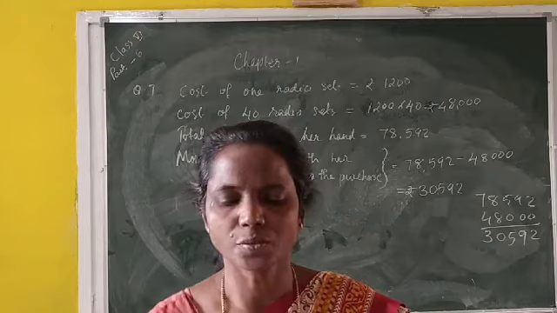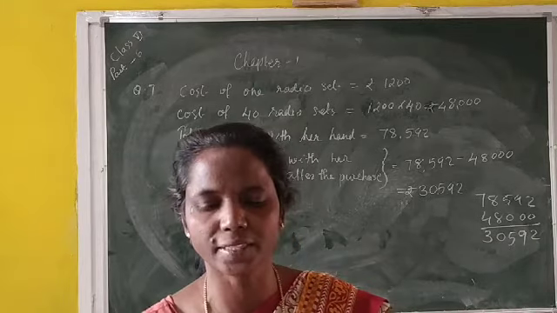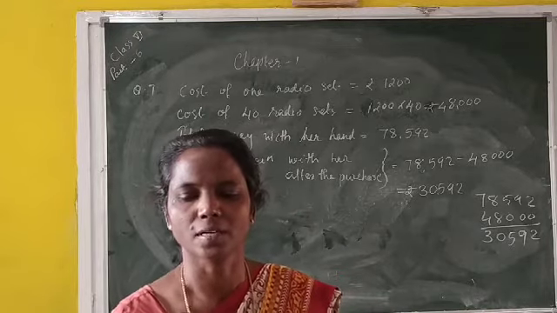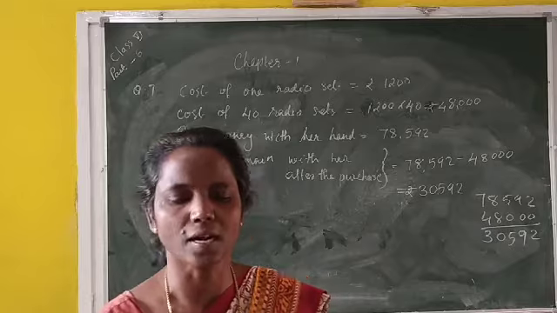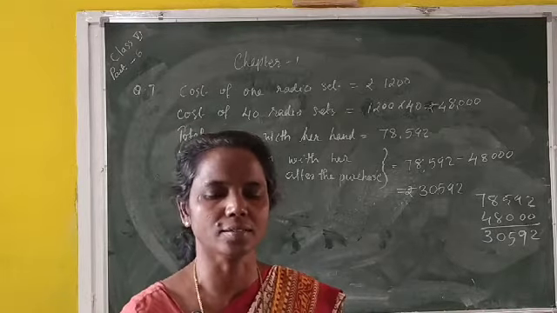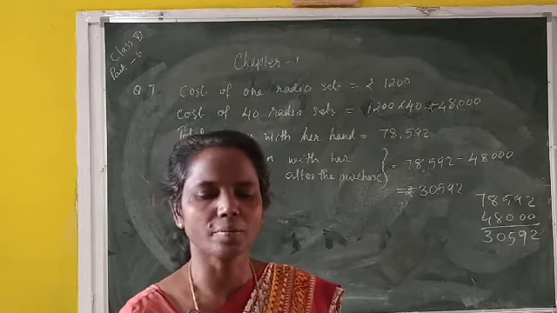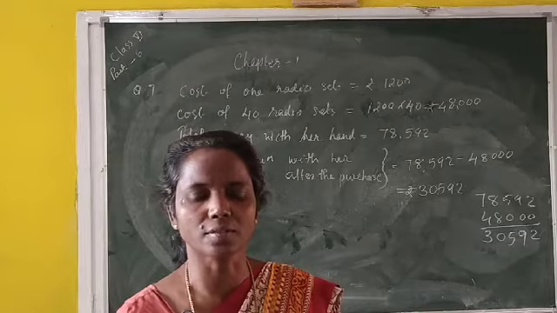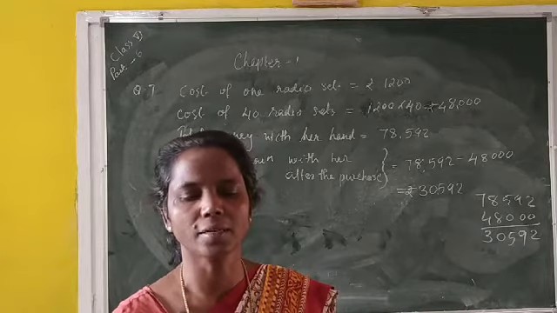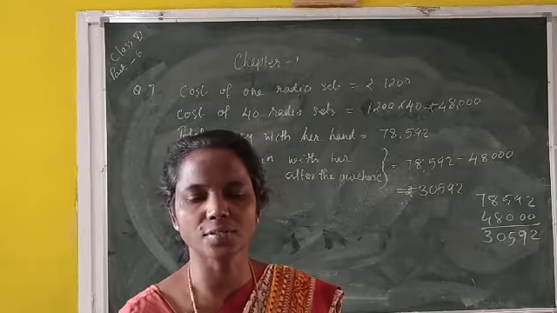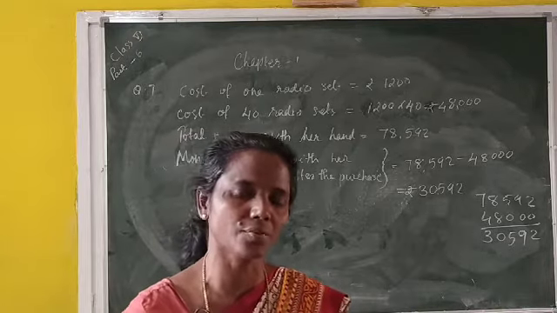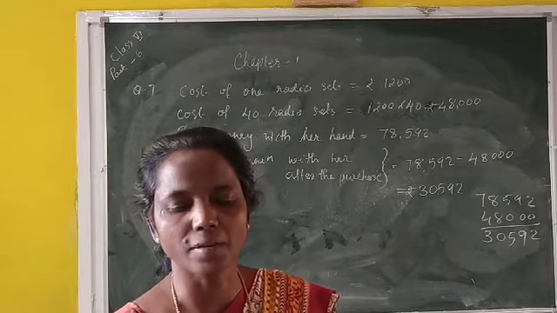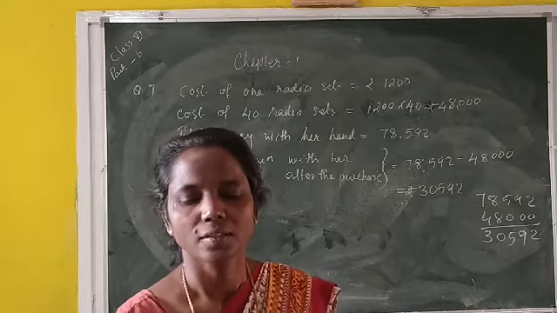A student multiplied 7,236 by 65 instead of multiplying by 56. By how much was his answer greater than the correct answer? So here, look, a student multiplied two numbers. Which numbers here? 7,236 by 65. Instead of 65, which number should actually be multiplied? 56. But in that place he multiplied by which number? 65.